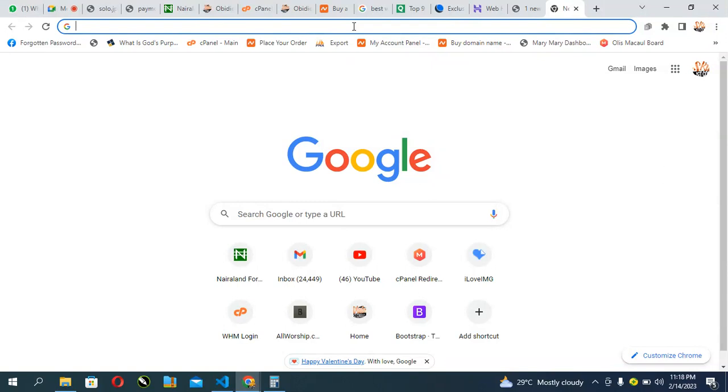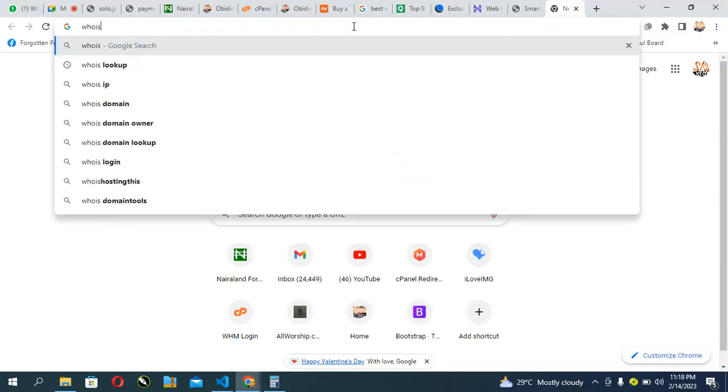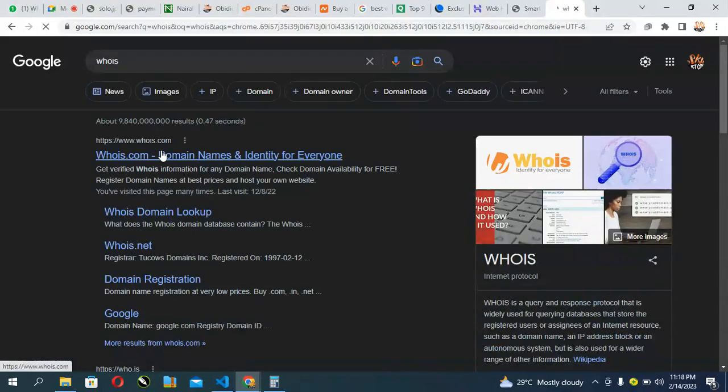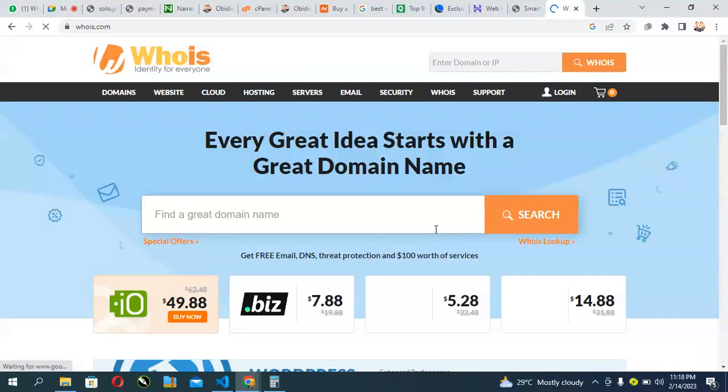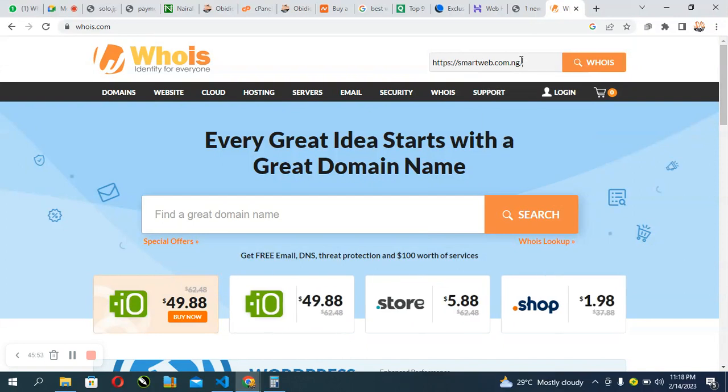Now this is what they do. They go to Whois, which you can use to see the details of every website, whois.com. You can see the details of every website. Let me use a domain like smartweb.co.ng. When you click on search,